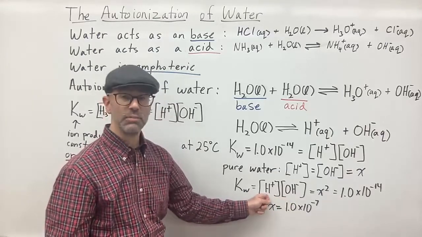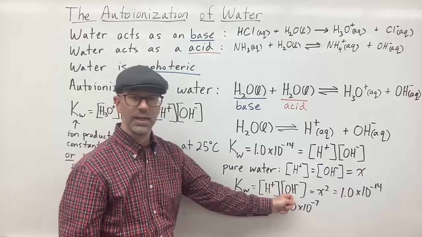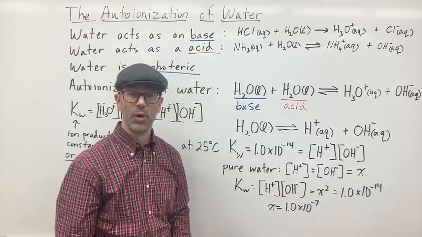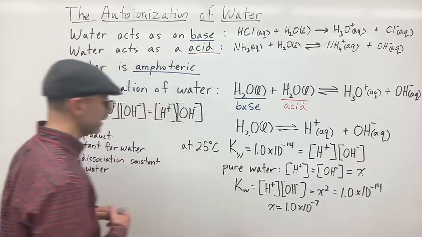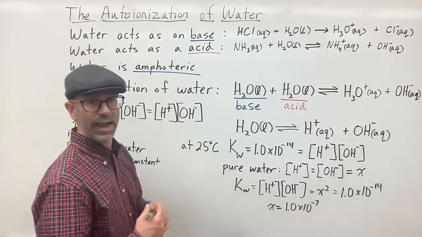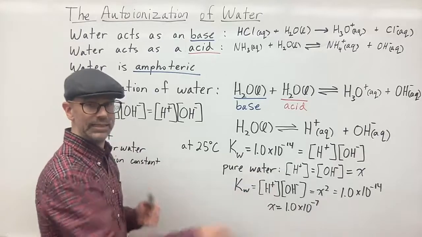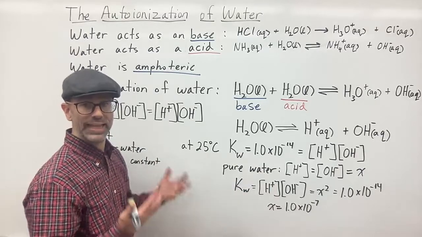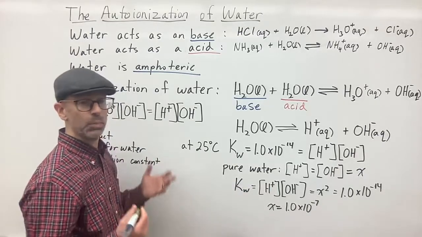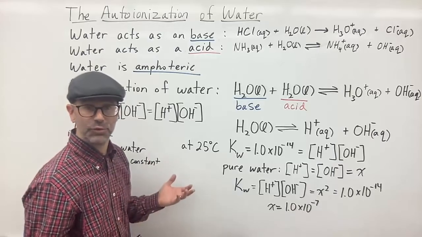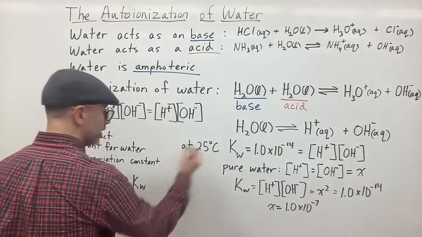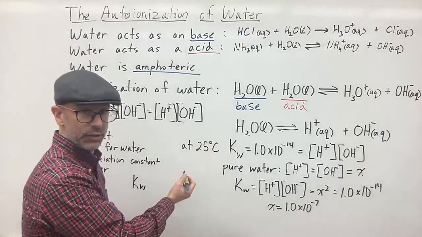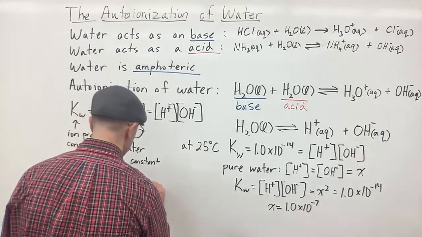So if we double the amount of H plus, we need half the amount of OH minus, and vice versa. For example, let's say we throw some acid into our water and we raise the H plus concentration up to 1.0 times 10 to the negative 3, right? Assuming this is 25 degrees, Kw is equal to